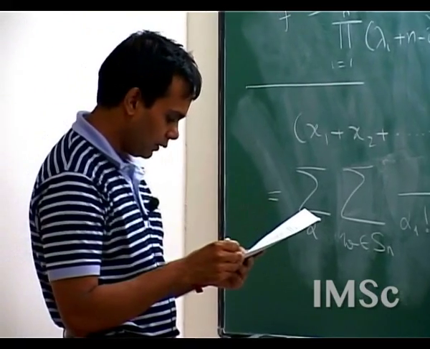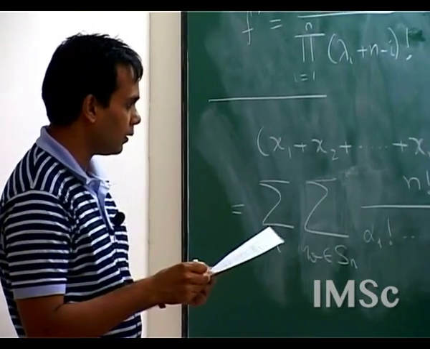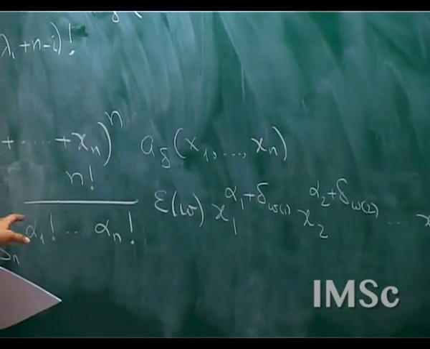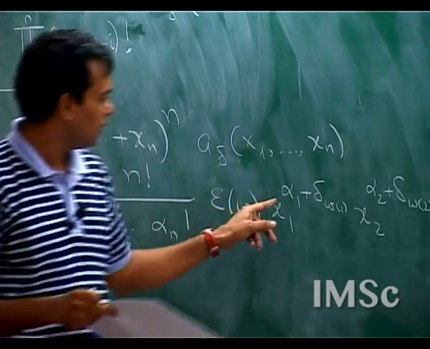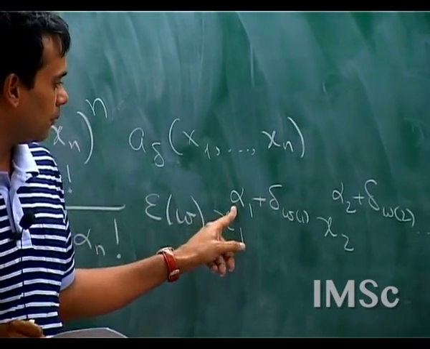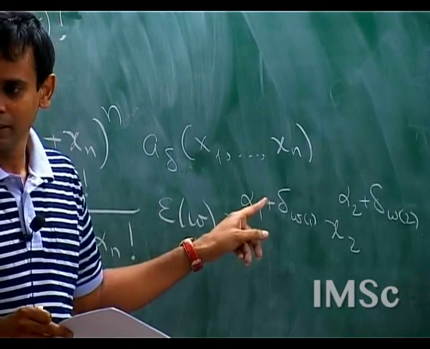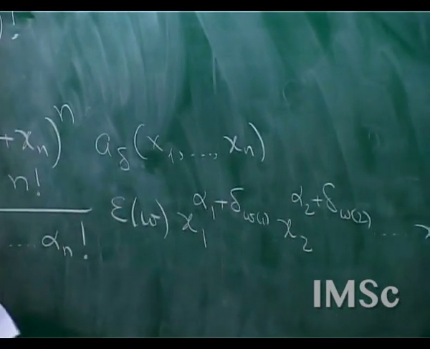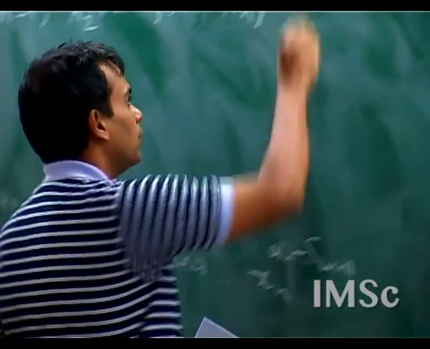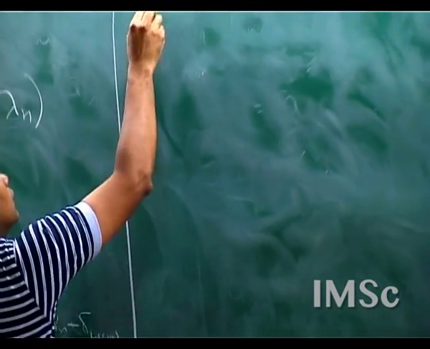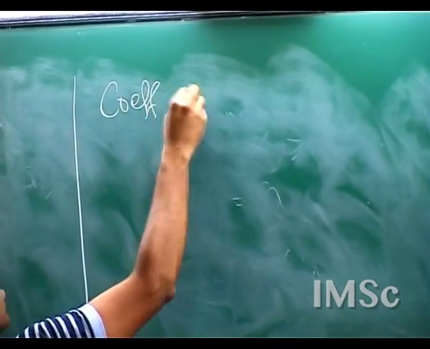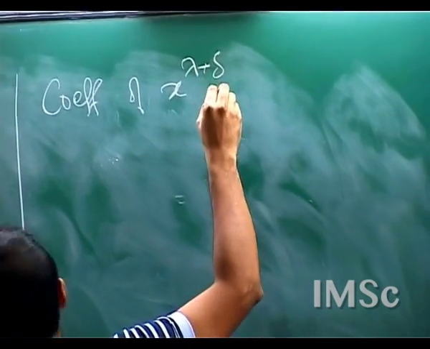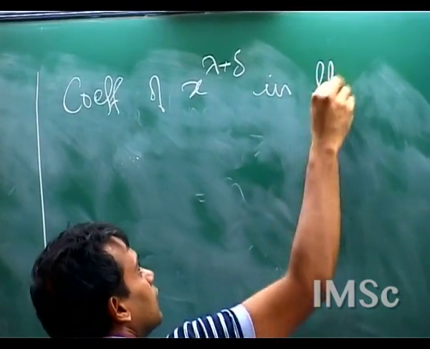So if we want the coefficient of x to the lambda plus delta, we just need to pick out those summands where this is lambda 1 plus delta 1, this is lambda 2 plus delta 2, and so on. So the coefficient of x to the lambda plus delta in this is